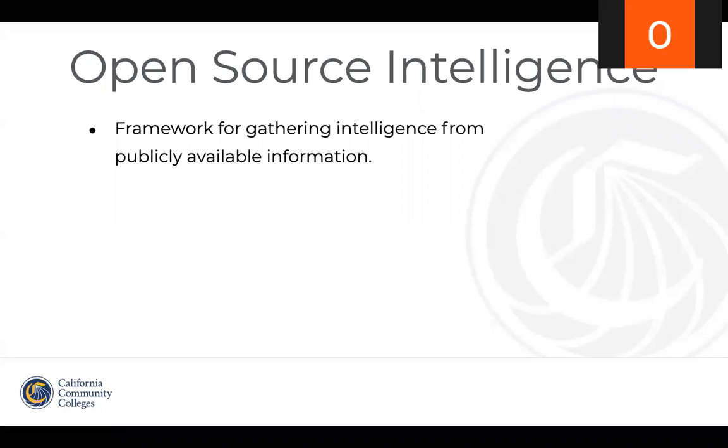So there is no strictly defined methodology or sources of information to choose from. With that in mind, sources can range from media pieces such as newspapers, television, and social media, for example, Facebook, Twitter, Instagram, and LinkedIn for professional information.